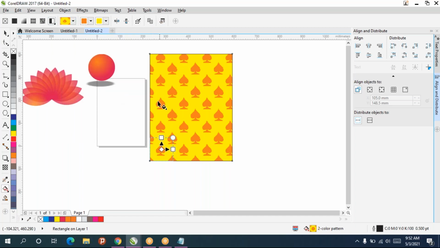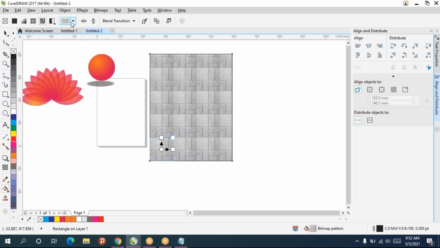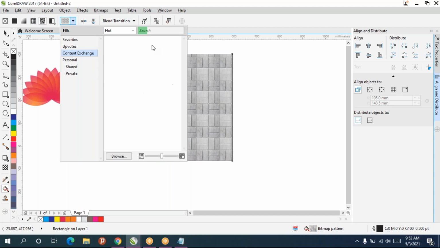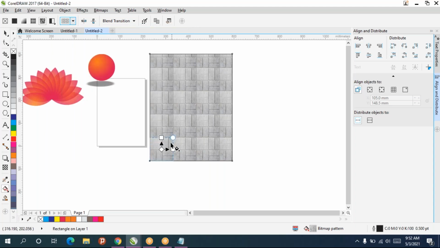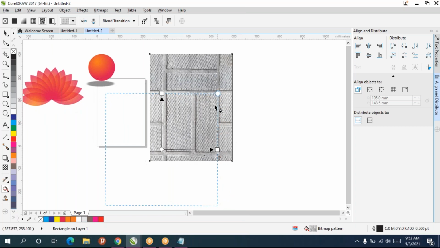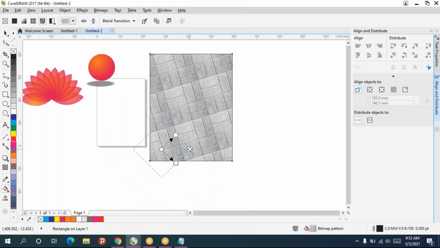So lots of designs we have. So just click and try this. And this one you can make it smaller or bigger also. And the direction.